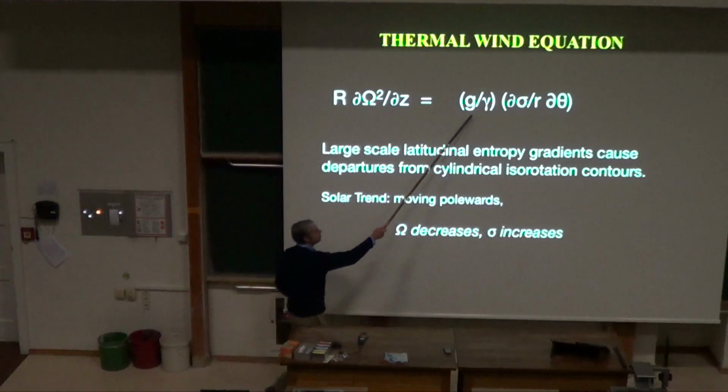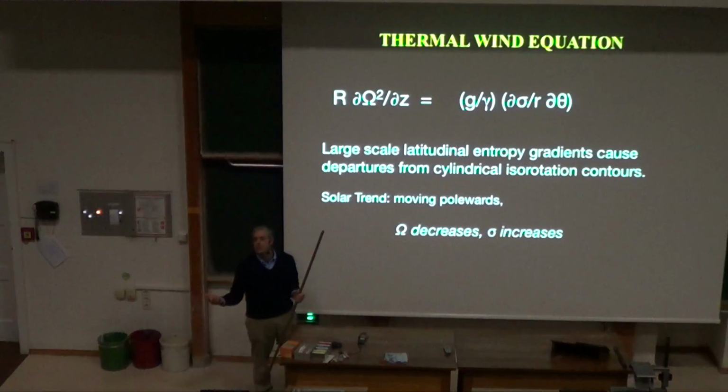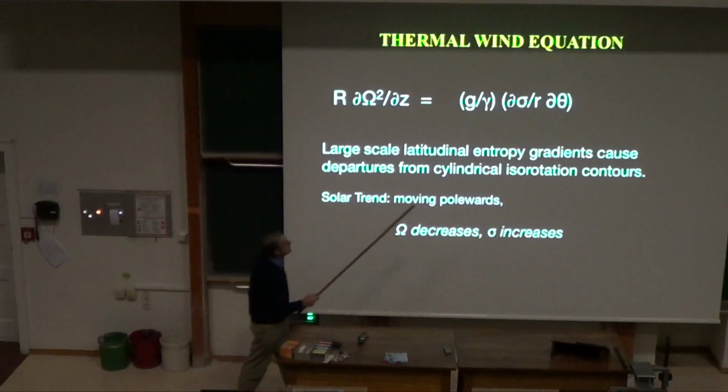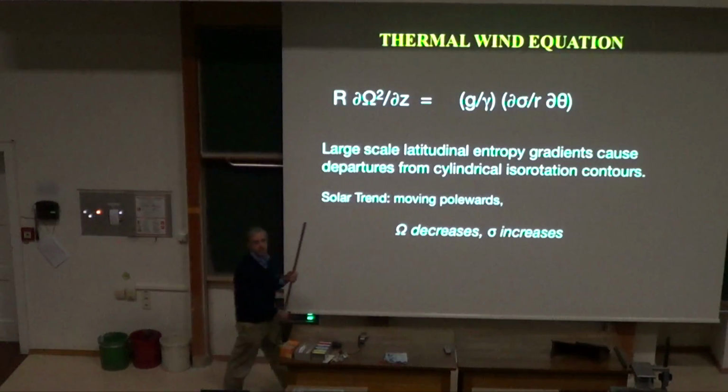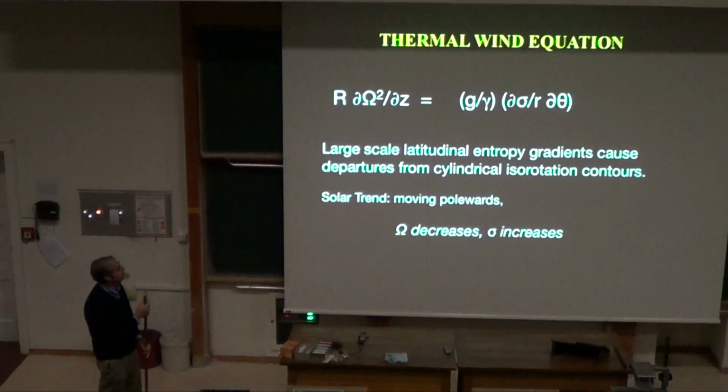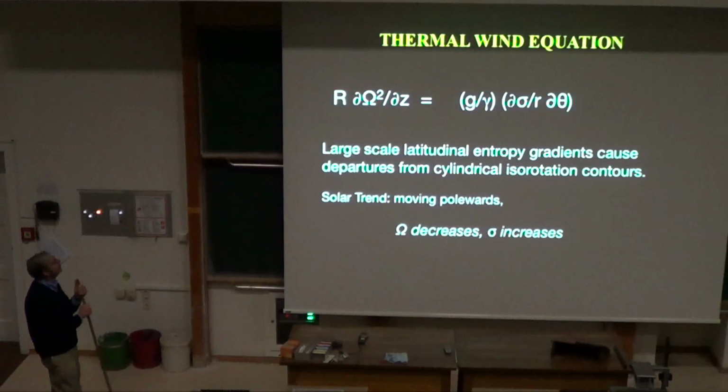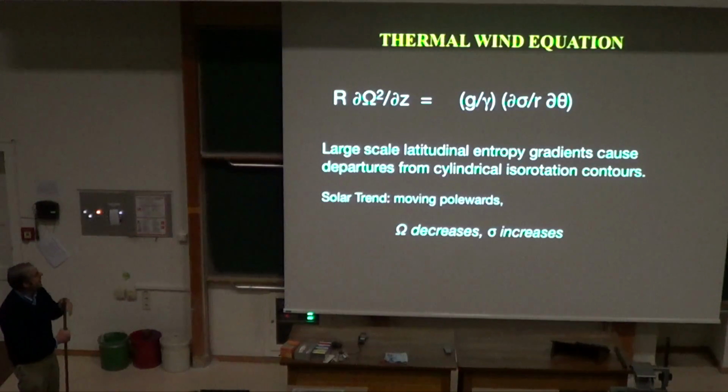So this is the gravitational field, and in the portion of the sun I'm interested in, all the mass is pretty much below the convective zone. So it's simply Gm over r squared, it's Newtonian gravity, m being the mass inside, or the bulk mass of the sun. Sigma, you remember, was the quantity, my entropy variable, the log of p rho to the minus gamma, and theta is the spherical coordinate theta. So this is a neat looking equation. It relates quite generally in an adiabatic zone the z gradient of the rotation to the latitudinal gradient of the